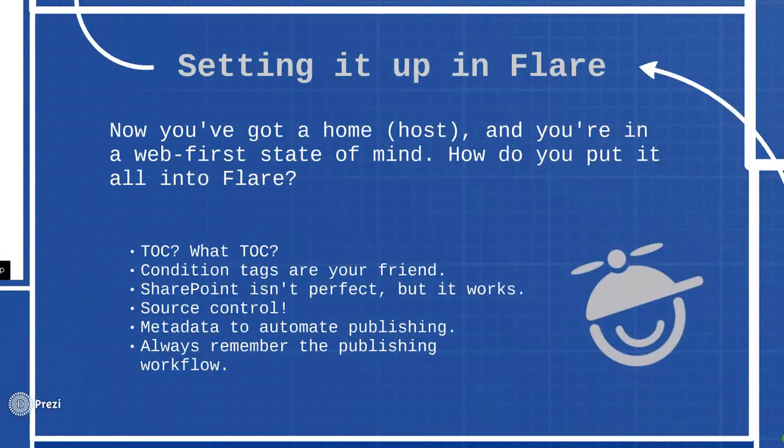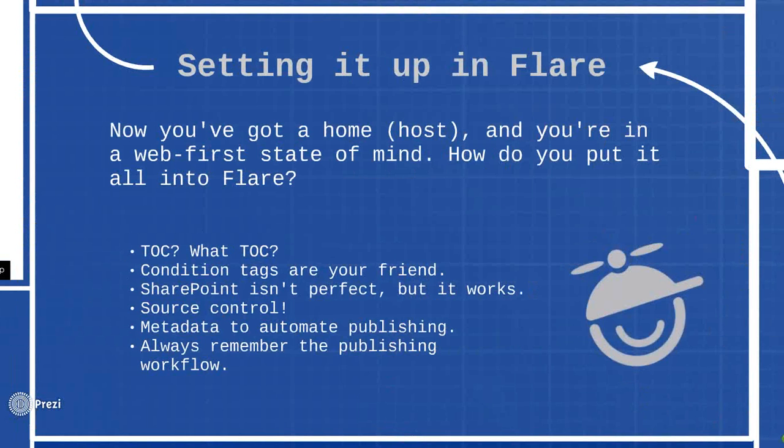So each topic in Flare has metadata that we've assigned to it, which I'll show you, I believe, in the next slide, that tells our homebrew tool where that article lives and what category it belongs to, what are the keywords and things like that. So really we're using a combination of our homebrew tool and the APIs to push content up to Desk as a replacement for the Flare table of contents.